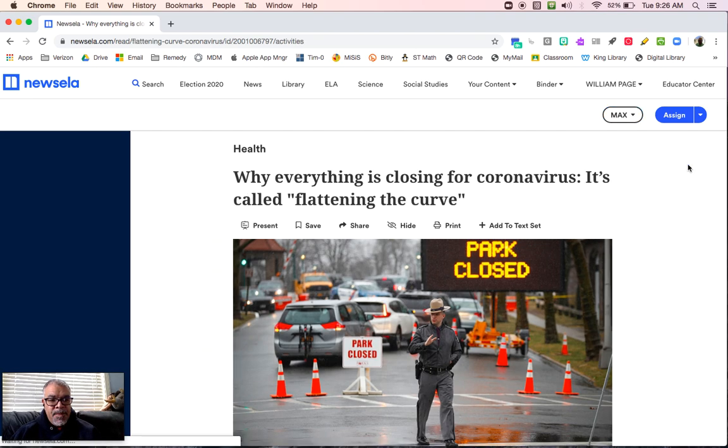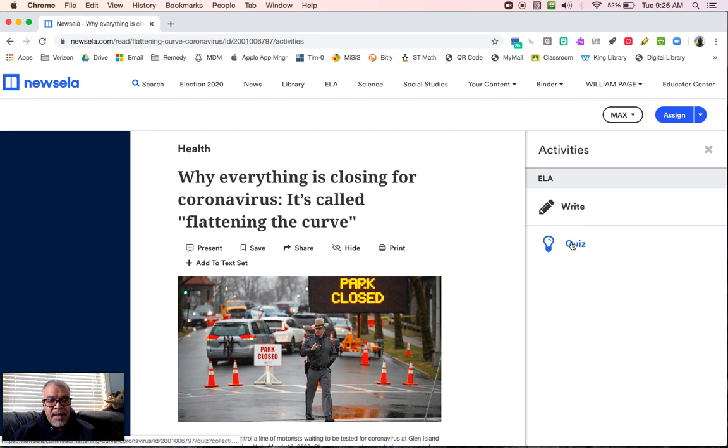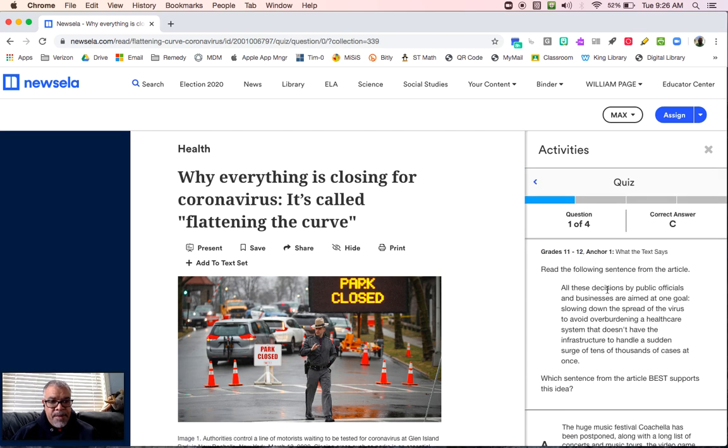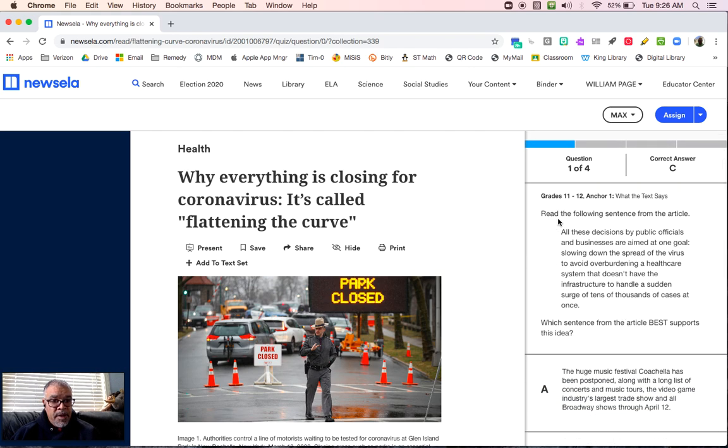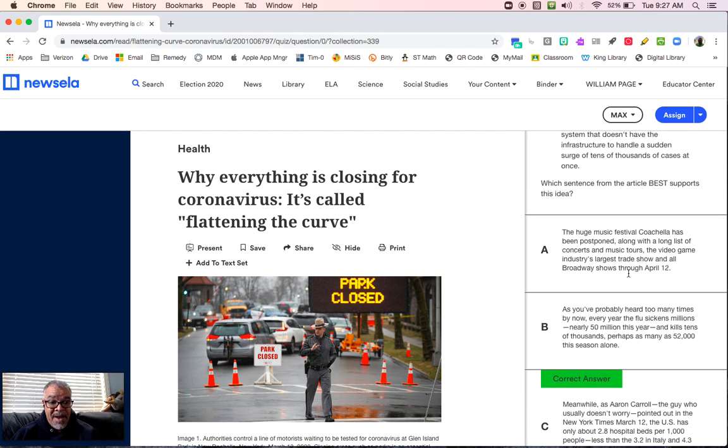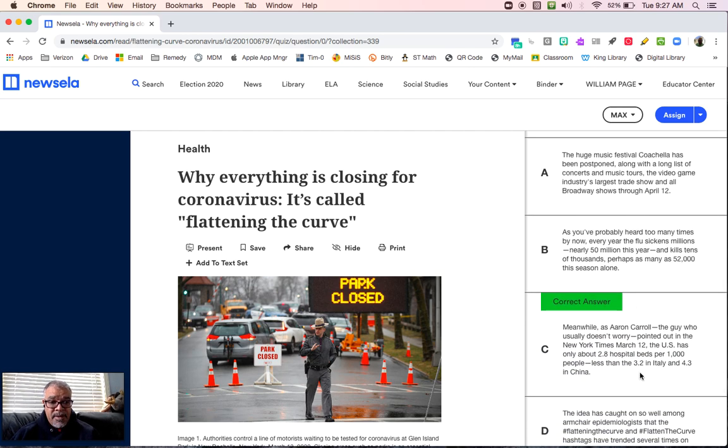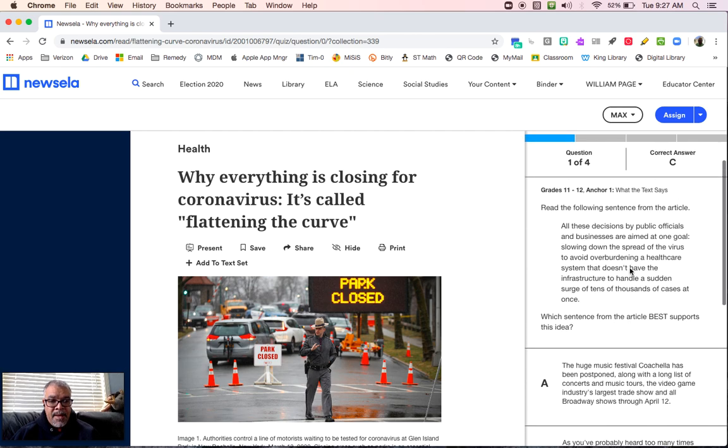You'll click the activities piece here, and you can see as a teacher, okay, well, here's the first quiz question. Read the following sentence from the article. All of these decisions by public officials and businesses are aimed at one goal: slowing down the spread of the virus to avoid overburdening a healthcare system that doesn't have the infrastructure to handle a sudden surge of tens of thousands of cases at once. Which sentence from the article best supports this idea? So the students actually have to go through and find textual evidence that supports the statement that is found and